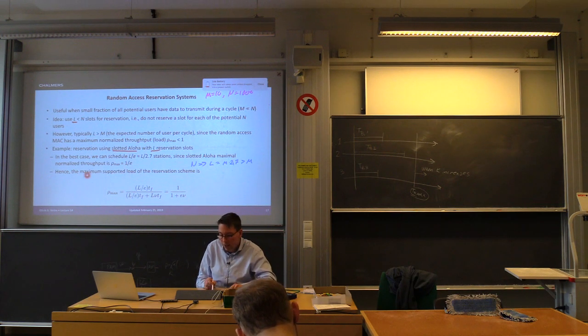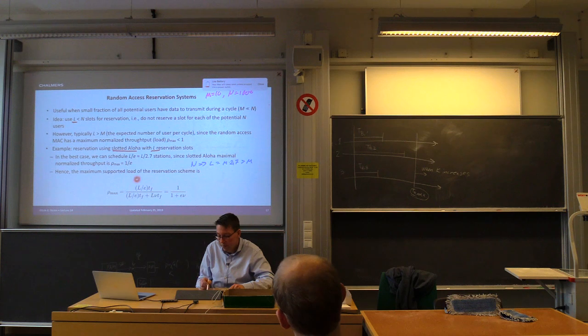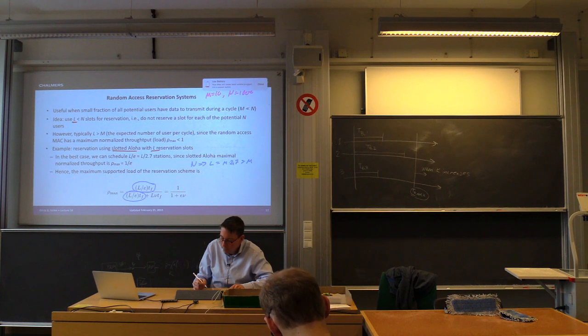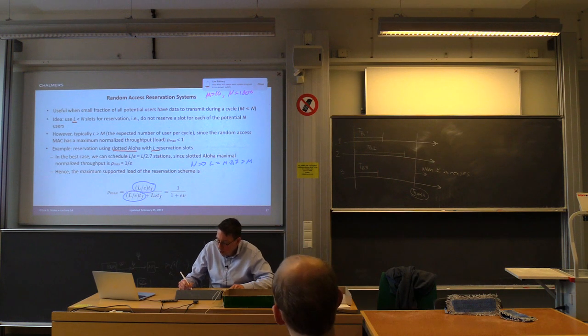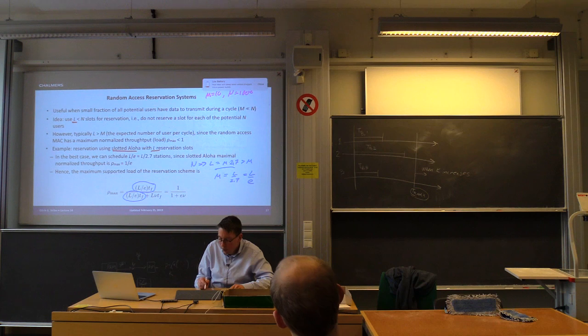And if that is the case, this is the maximum supported load of such a reservation scheme, and then the data part. So from this it follows that M, the number of users that we can schedule, is L divided by 2.7, or actually L divided by e. So we schedule L over e